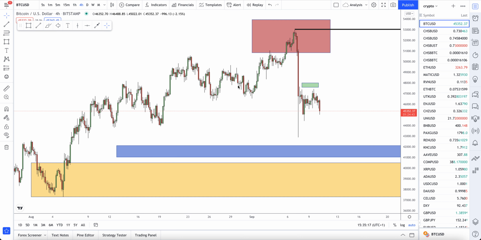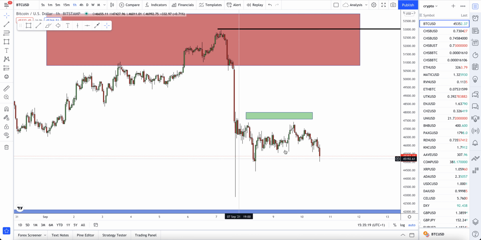So we drop down to the hourly and we start to look at this area. What does it look like? We can see price dropped aggressively here. It reversed, started to grind sideways, started to run up a little bit after a drop just there, and it created these equal highs. Great. There's obviously something here that it doesn't want to go into just yet. Starts to pull away, starts to pull away. Accelerated a little bit today. That's fine. But is there anything really underneath here that's of significance?